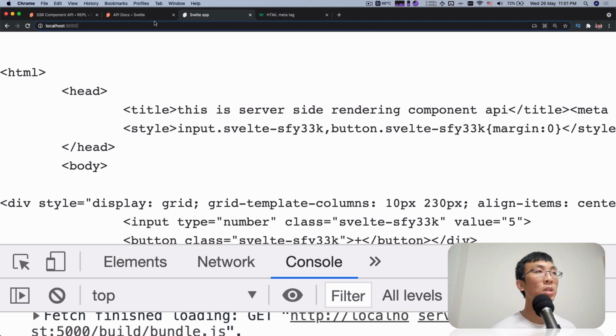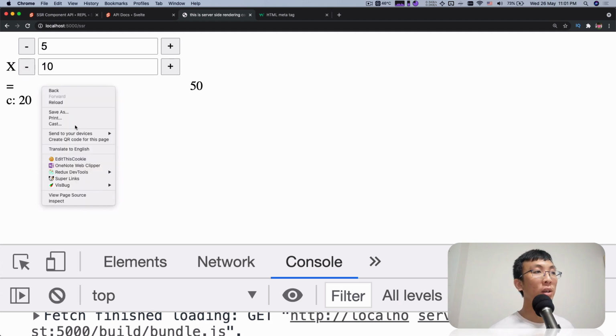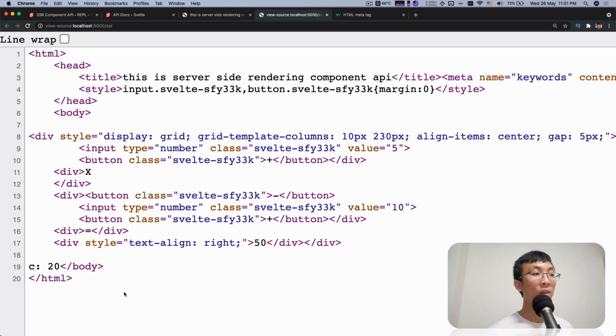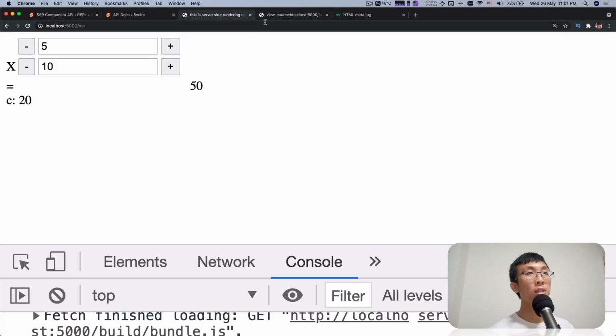Let's visit ssr, and here you have it. You have styles, you have everything nicely done. Of course, you still don't have any interaction because we haven't loaded any JavaScript in it. This whole file that you see over here, if you view page source, is exactly everything that we just copied, written from the server-side rendering render function. So this is what you get.